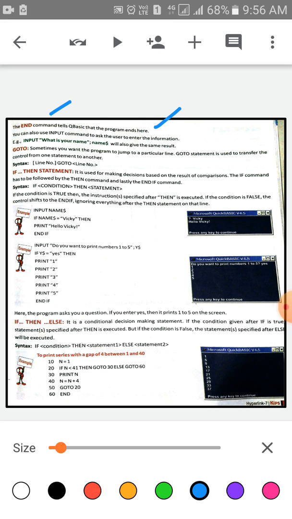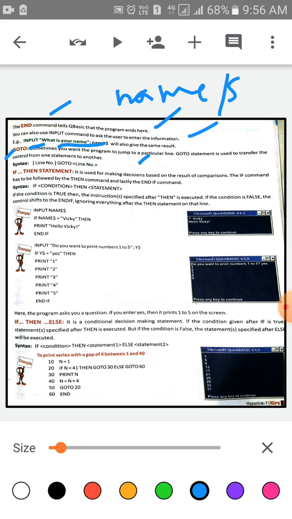You can also use the input command to ask the user to enter information. Example: INPUT within quotes "What is your name?", then name$ will also give the same result.